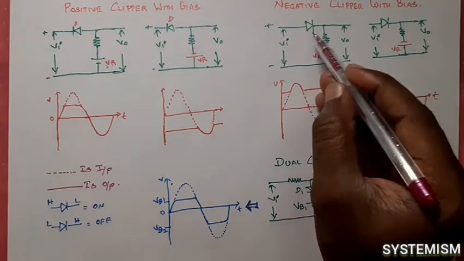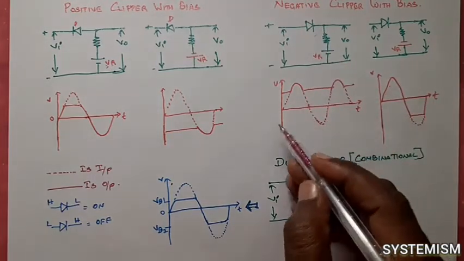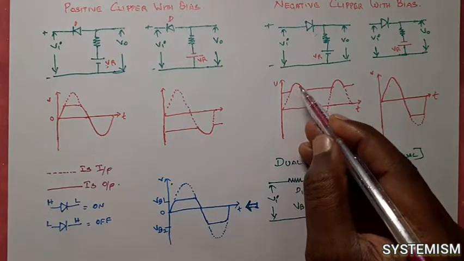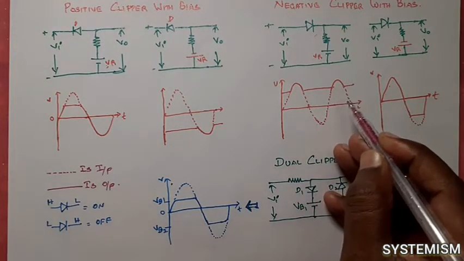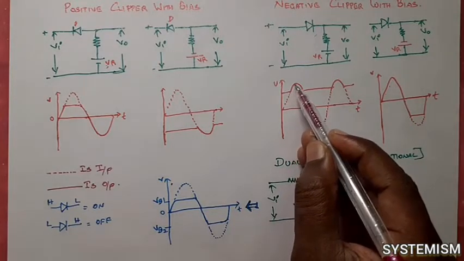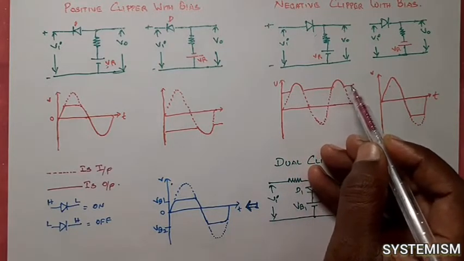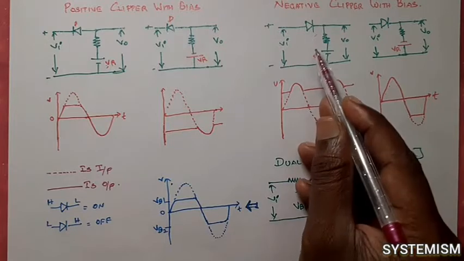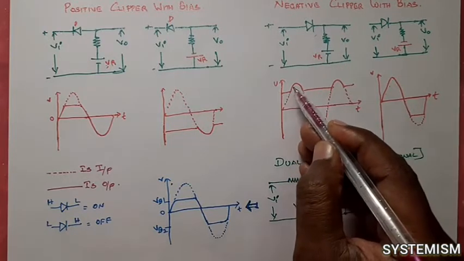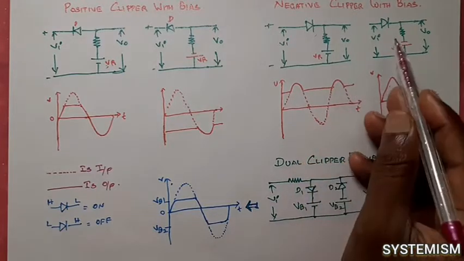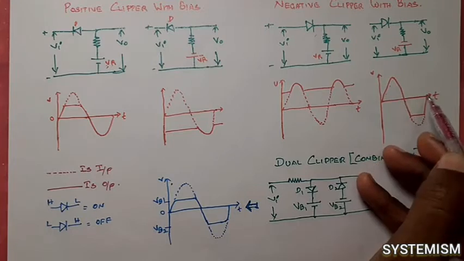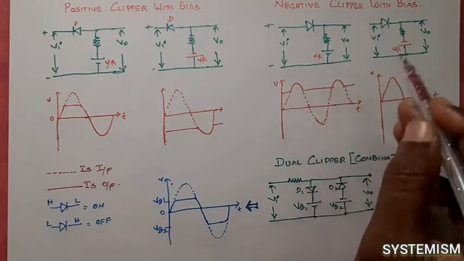Okay, now let me take this diagram. Whatever the circuit, what is the input signal? The input signal is just the sine wave given here. The output signal is what is shown here with a complete line. The complete line is the output signal from this circuit. So from this circuit this is the output signal we obtained, and from this circuit this is the output signal we obtained. The input signal is a complete sine wave.